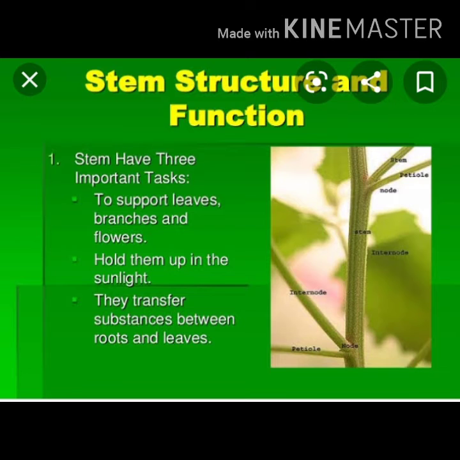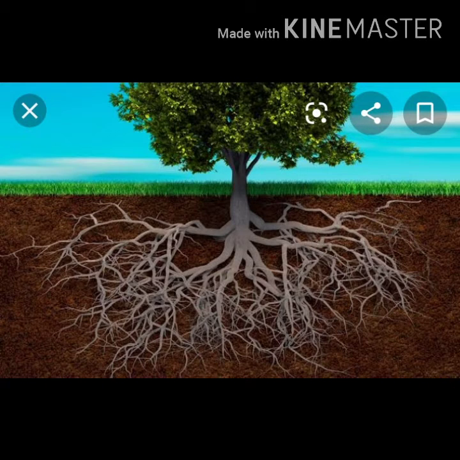Okay, next is about the roots. We studied that the stem can transport water through the plant, but who is taking the water into the plant? Somebody is required to fetch the water from the soil to the plant. This function is done by the root. We water the plant not over the leaf, right? Where are we giving the water? We are giving the water exactly at the position of the roots, because the root is the part of the plant that is able to absorb water from the soil.